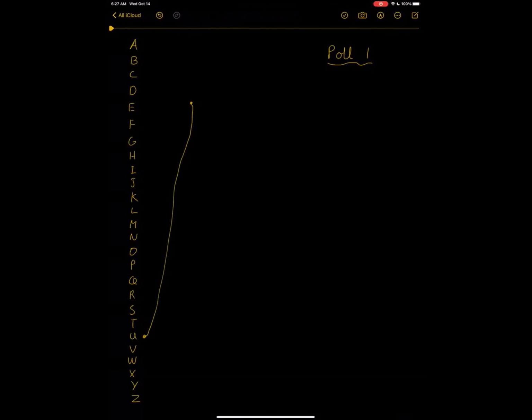Okay, around 90% have voted. We're getting close to the end. Again, we can see a few people have E as the first letter of their name. We have a few that have their first letter after E, or below E, and some above. Again, this gives us a more general understanding of where we should be choosing our next letter. It's not going to be as big of a jump from U to E,